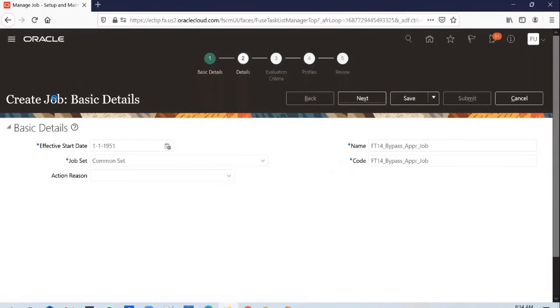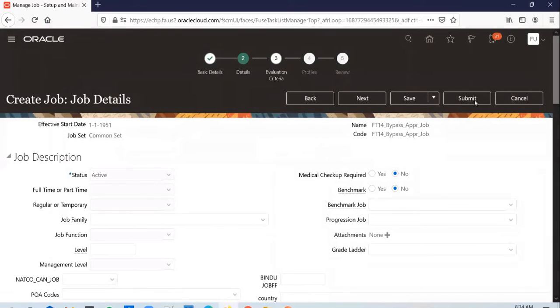So the reason I picked up job as an example is, I just have to pass in the name in the code and I don't have to enter anything else. I can just click on submit here because there is only one more mandatory field, and for that again there is a default value there. So I just have to paste in the job name and a job code, and I can submit the request. So it takes me a split second to submit a transaction. So that's why I've picked up create job as an example.